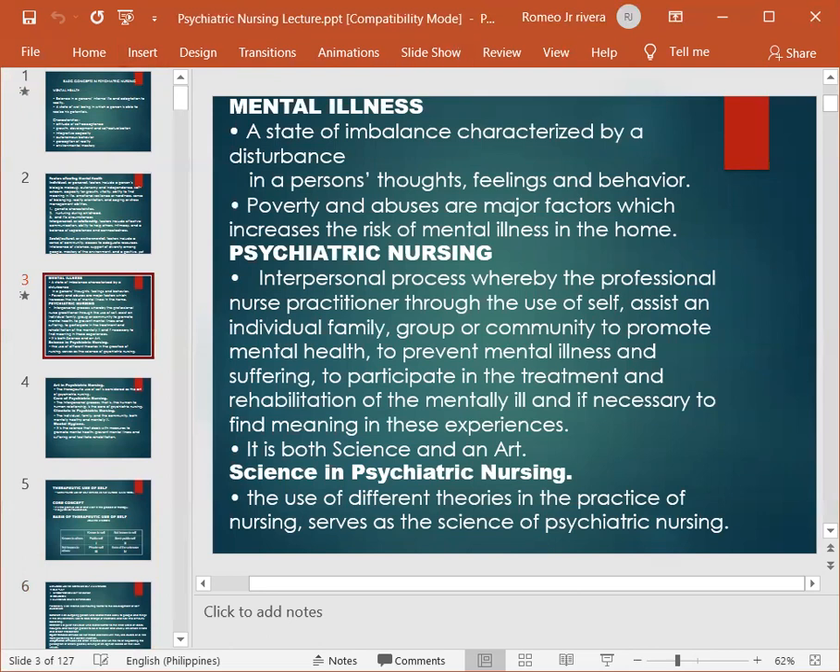APA, 2000. Factors contributing to mental illness can also be viewed within individual, interpersonal, and social